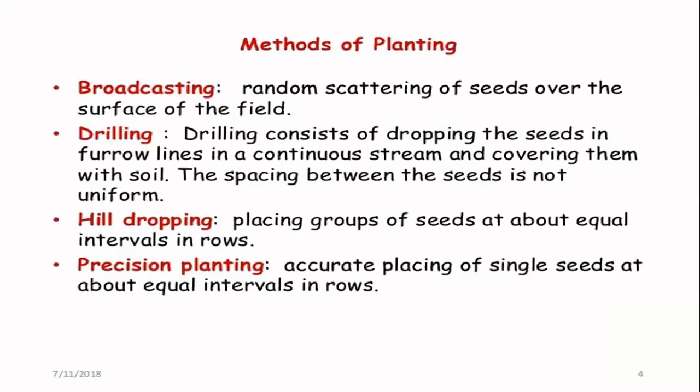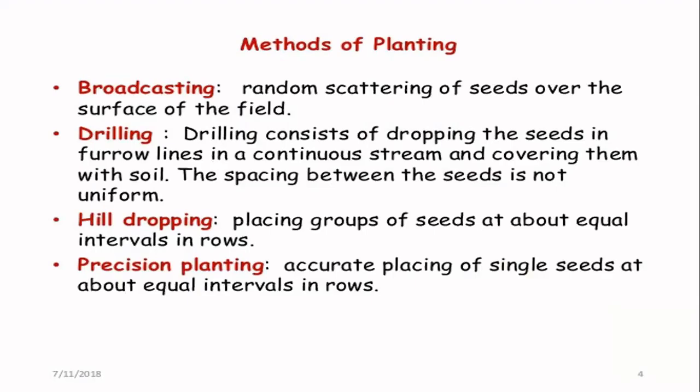Okay, so method of planting: broadcasting. What is broadcasting? I already told you. In your land preparation, broadcasting is when you throw the seed randomly by your hand. Some broadcasting machines also exist. Random scattering. Random means you don't know where the seed will be placed. You throw the seed, or an engine machine will throw or pump, not throw faster, slowly pump the seeds in the land.